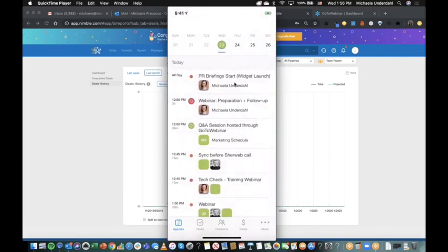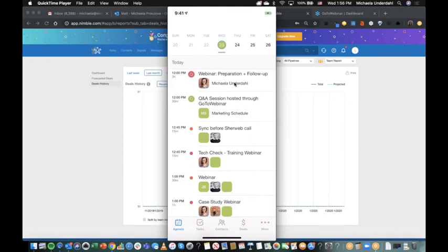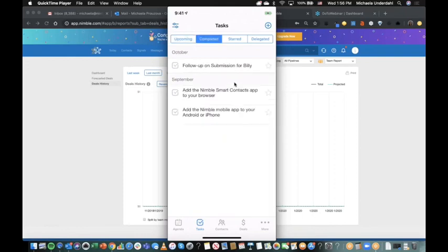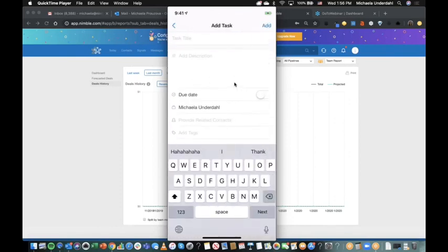So this is the calendar agenda. That's the first step you'll see. Next tab on the mobile app are tasks. So you can see everything that's upcoming, everything you have completed, any tasks that you start. Maybe those are like really important to you. You absolutely have to get them done. Like I have to hire a nanny. And you can also preview those that have been delegated. And when you click on the plus sign button in the top right corner, you can also